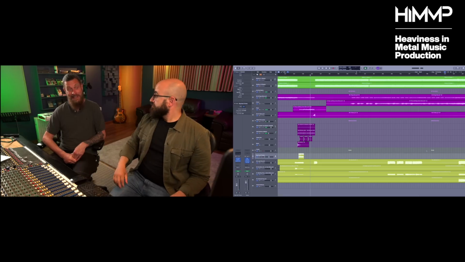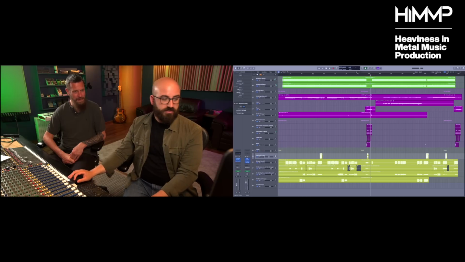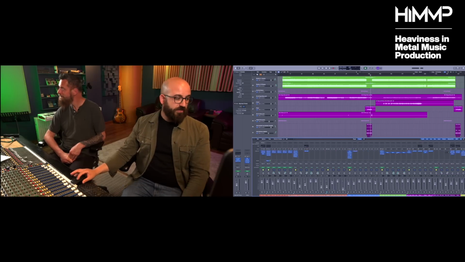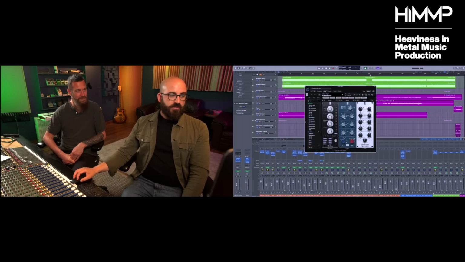Beautiful. And lastly, can we just have a brief look at your master bus processing? Yeah, 100%. So there's a few things. I should mention about the drums that the whole time we were listening to the drums, they were going through parallel compression from this Distressor style thing, and I was also EQing some 5 and a bit K into them, some 12 and a bit K, and a little bit of low end as well.